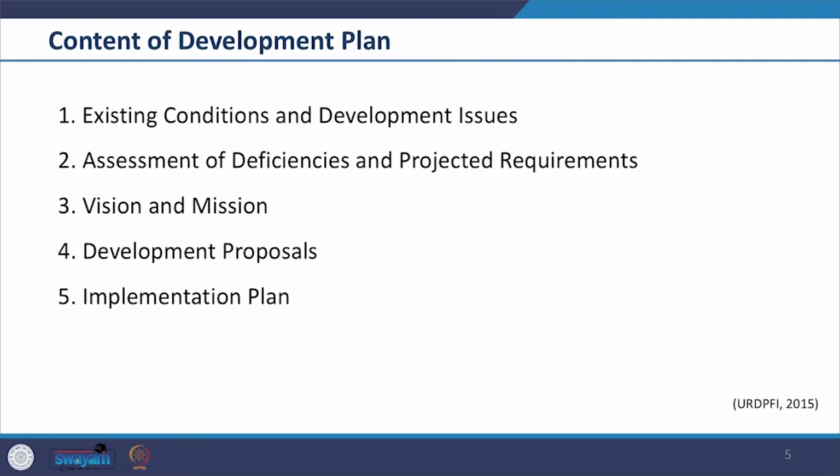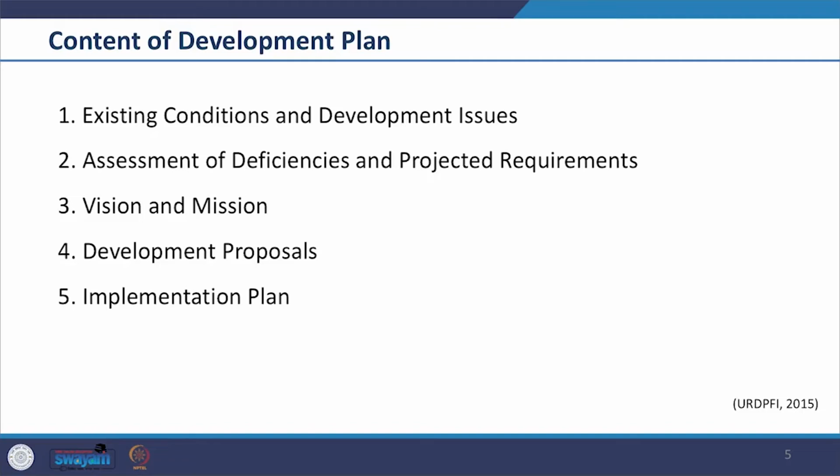with the help of draft Bhopal Development Plan of 2031. While going through the example, we also looked at range of maps prepared for the development plan document. In the content of development plan, we had covered how to capture the existing conditions and development issues as per the URDPFI guidelines. And we walked through the draft development plan of Bhopal to understand the purpose and approach better